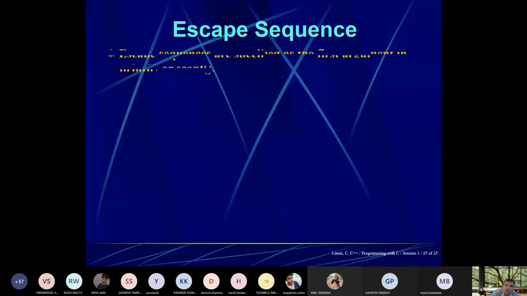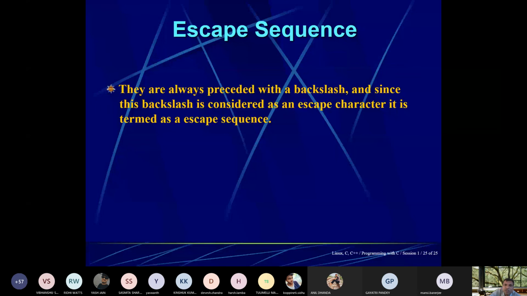Now come to the last formatting thing, that is escape sequences. These are sequences specified as the first argument in printf or scanf. They are always preceded with a backslash, and since the backslash is considered an escape character, it is termed an escape sequence.